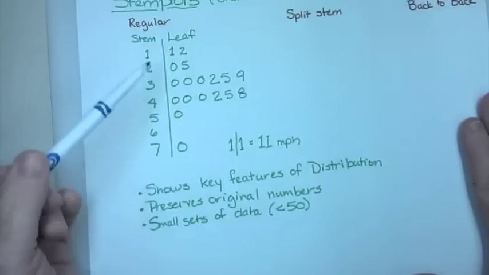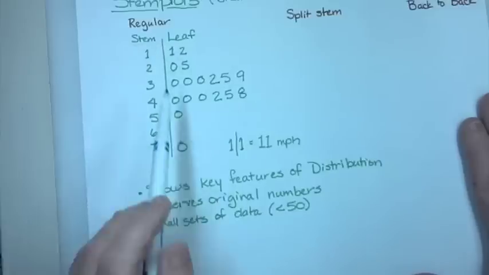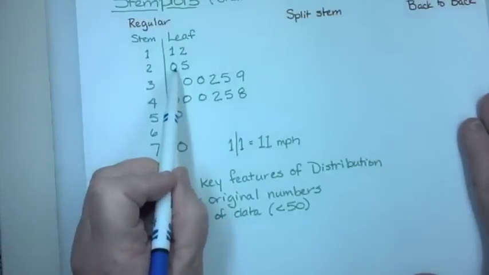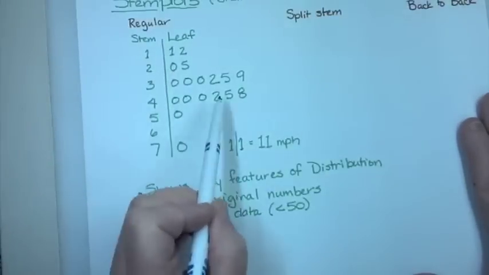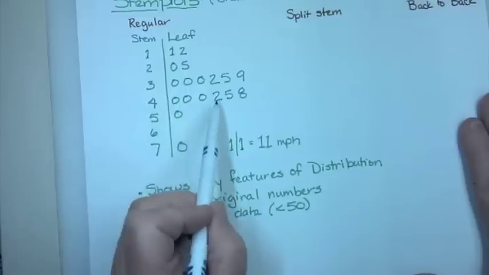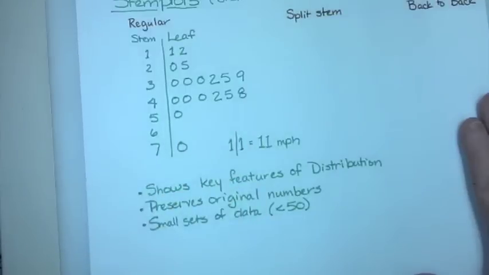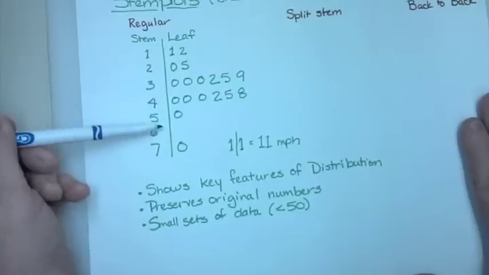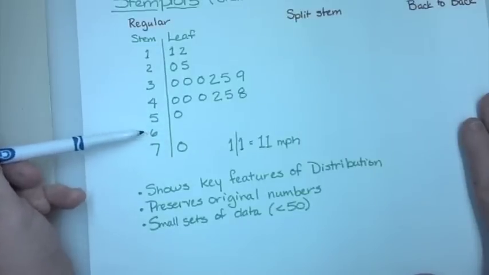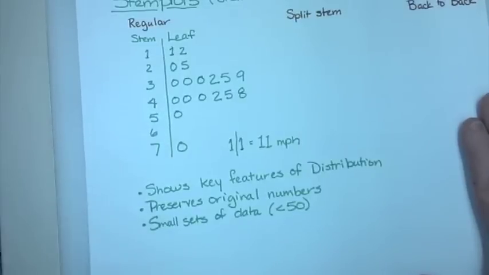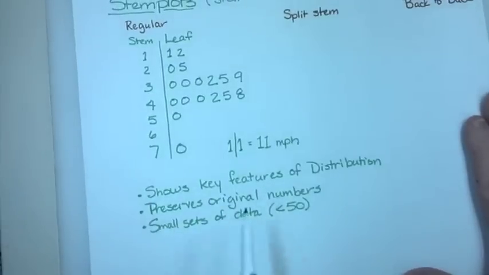This is the same data done as a stem and leaf plot. So this means 20 miles per hour or 42 miles an hour. Each one of these leaves is another data point. Notice that even though there isn't one in the 60s range, we still put that 6 so you can see the gap there. Once again, it shows the features of the